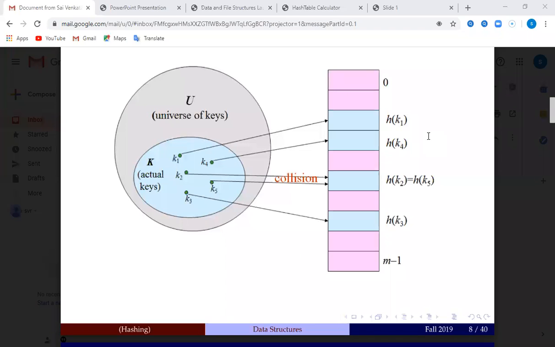Next one is the folding method. Suppose I have given the number 1, 2, 3, 4, 5, 6, 7, 8, 9. What is the result we get in folding? We have to divide that number into equal parts. How many equal parts can you divide 9 digits into? Into 3.